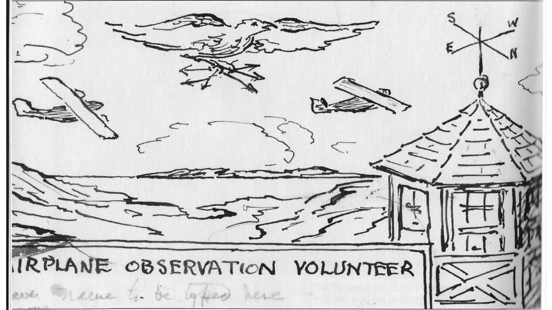And this was a card made up as a kind of business card, where, as it says down here, your name would go in because you're an airplane observation volunteer. Those people, in groups of 3, maybe 2, would dutifully climb the tower, spend 3 hours looking for airplanes and reporting their sightings to another control tower. Eventually it would get to mission control someplace on Long Island, and they would keep track.